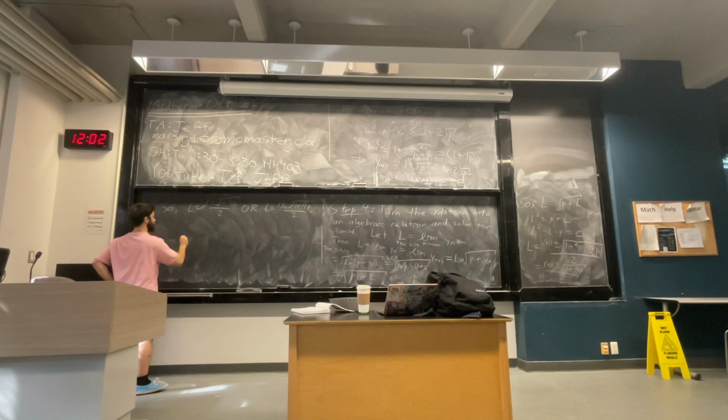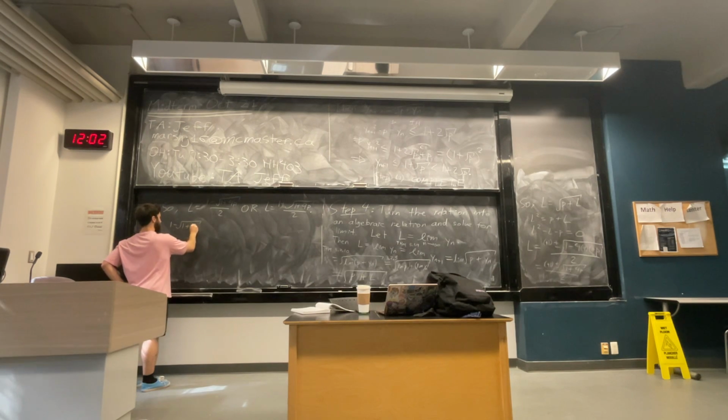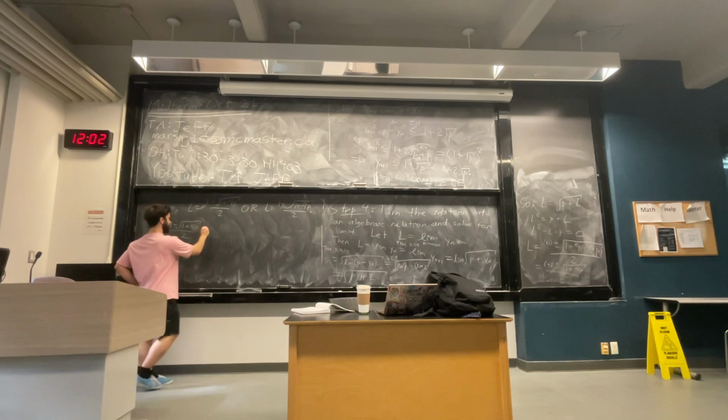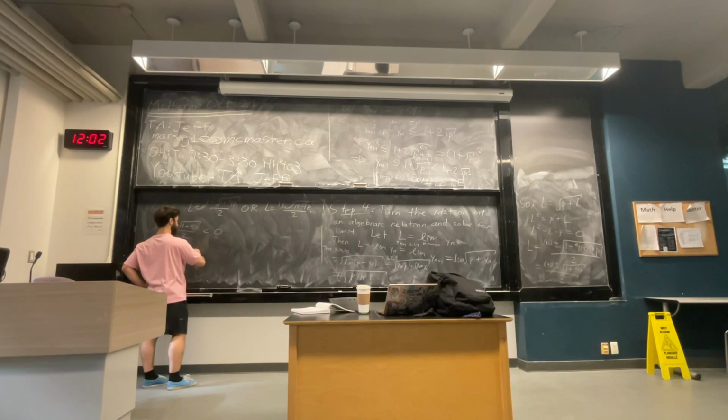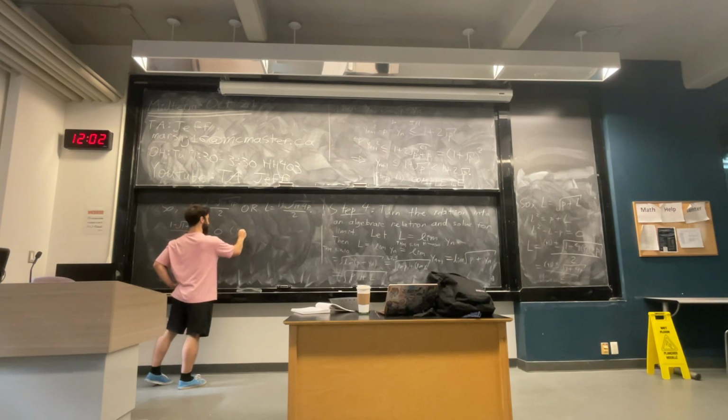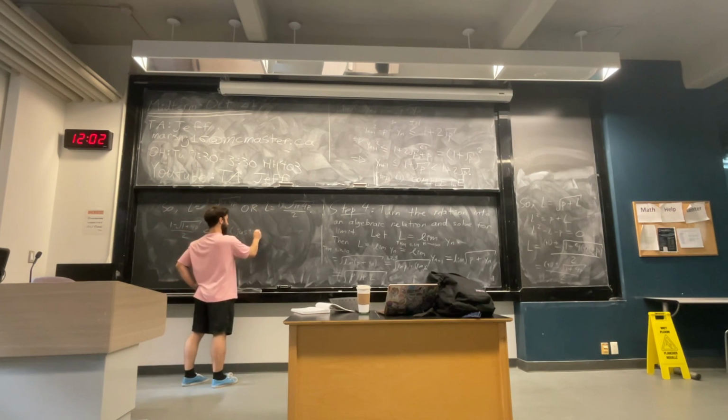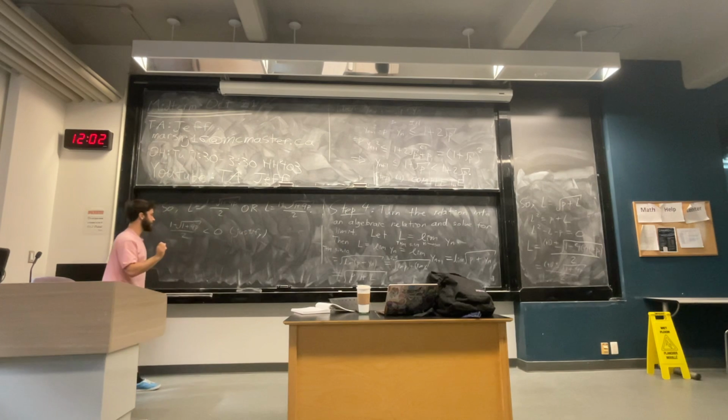So 1 minus the square root of 1 plus 4p over 2, this is going to be negative. Okay, so I'll just tell you to justify this. It shouldn't be too hard. This is pretty straightforward, but I just kind of want to finish up. So this is going to be negative,